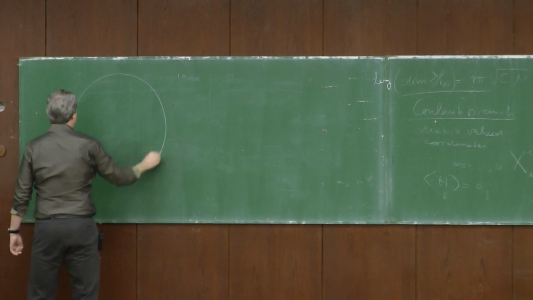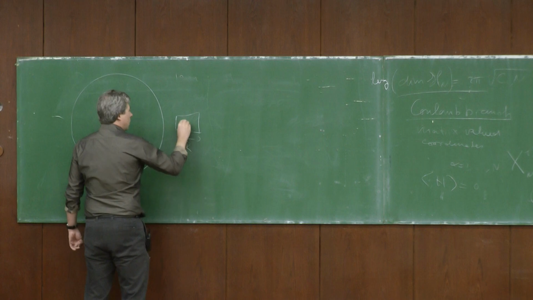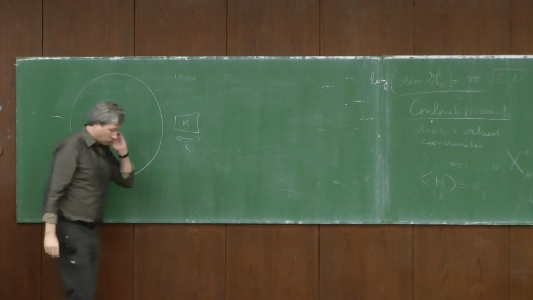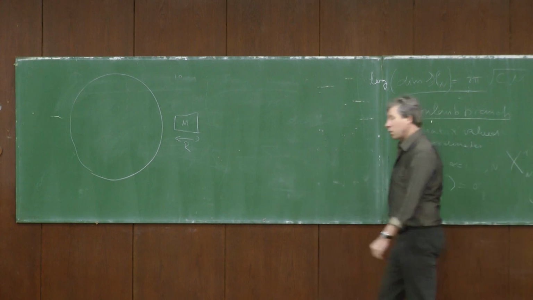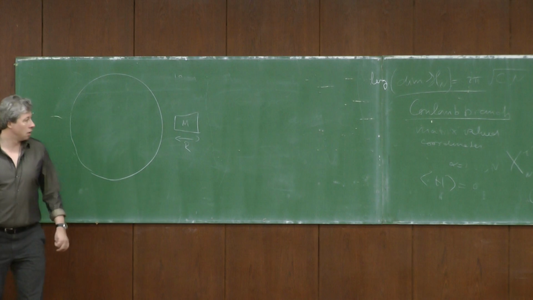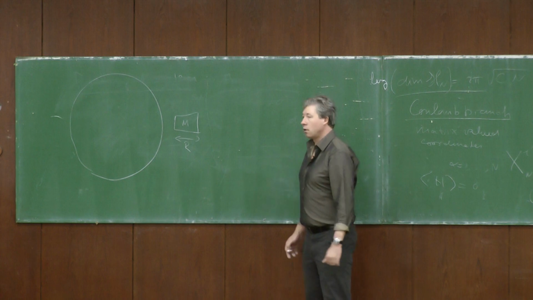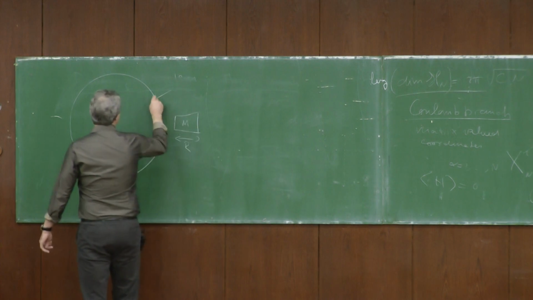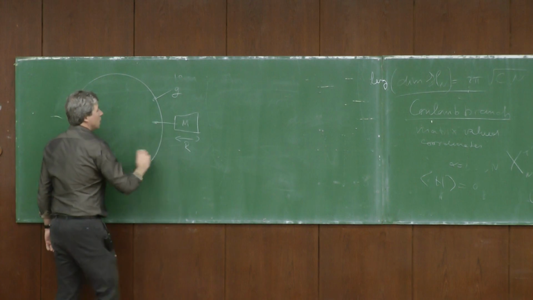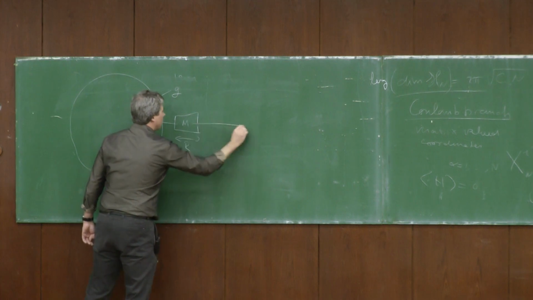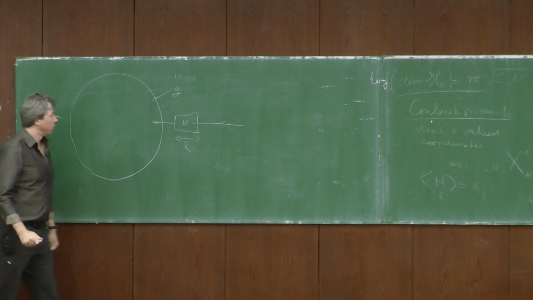If you have a black hole and you have a box of size r, and you have a certain mass m in it, you can ask the question, what's the maximal entropy that I can put in this box? And the argument goes as follows. I'm going to lower the box towards the horizon, and at the horizon I know there's a certain acceleration, g. So that's the force. If I want to lower the box, I have to do it gradually. I have to attach a rope to it, and then gradually lower the box into the black hole.